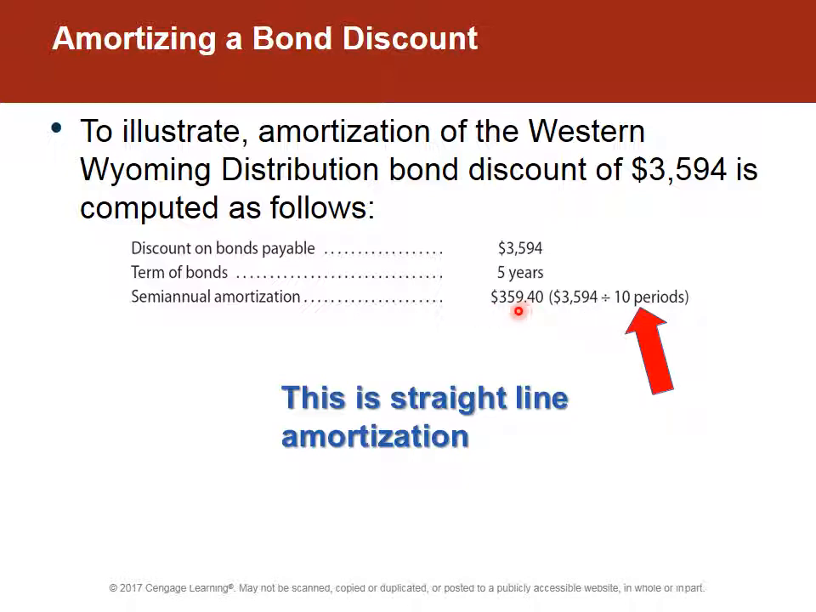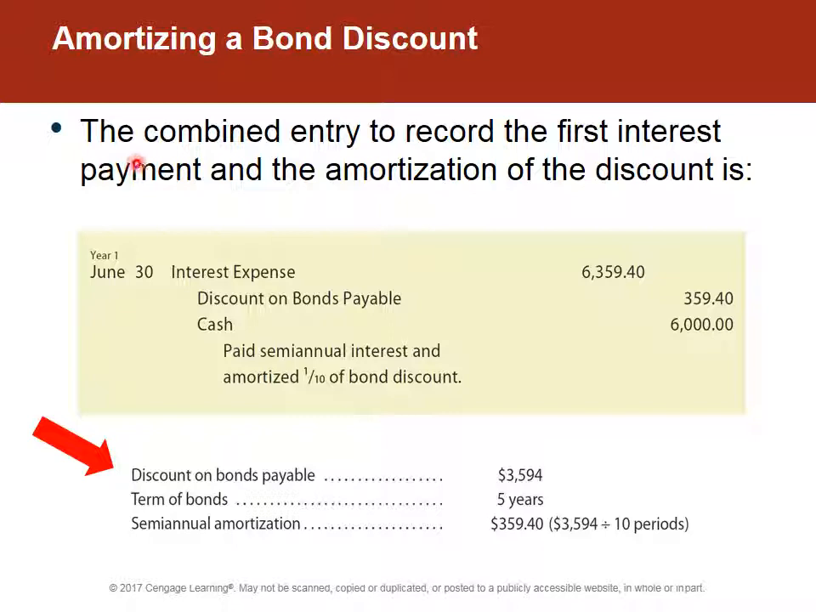So they're going to take this $3,594, spread it out straight line, amortize it, allocate it, $359.40 every 6 months when they make that interest payment. So this combined entry is going to look like this. The cash that the bondholders receive is $6,000 on that $100,000 bond. Each individual bondholder gets paid $60, even though they receive the bonds at a discount. The discount, though, is being amortized